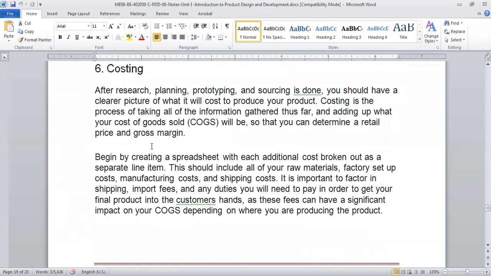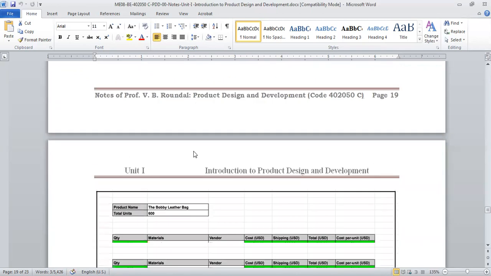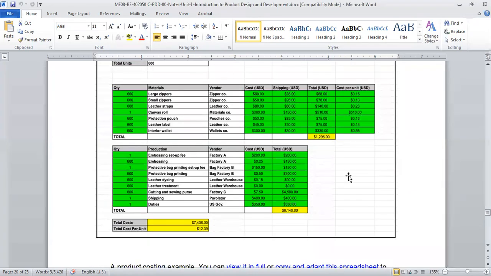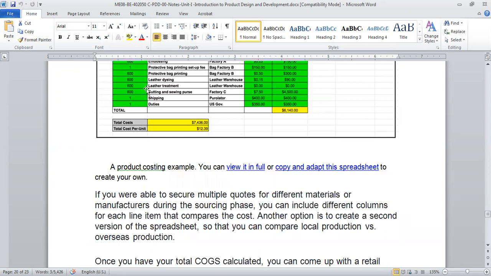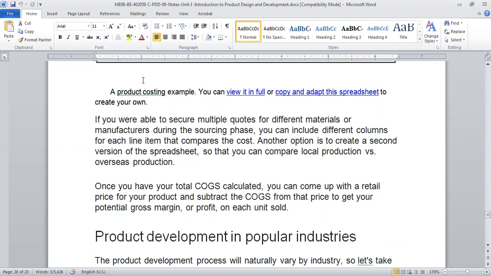Then you will come up with the costing. Now your prototype is approved, you have done the sourcing part, and you know the different costs from different vendors. Now we'll try to identify the costing. You will put a value on all the small parts, and by identifying the costing of the different parts, you will identify the costing of the product as a whole, and then the total cost of manufacturing, say, 1,000 products. Then you will find out the cost of one product for the development, and then what cost I have to ask of the customer. Okay,